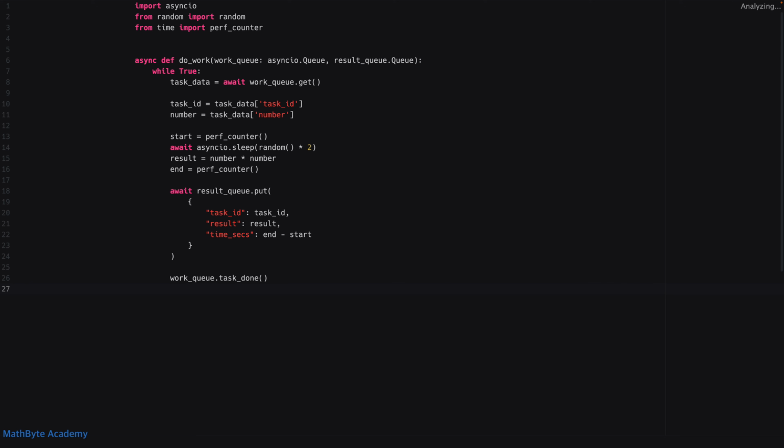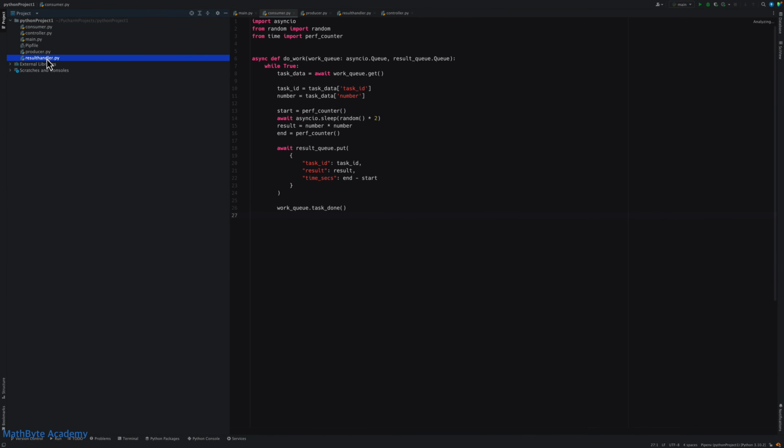So now that we have that, so we've got the producer, we've got the consumer, let's go ahead and write the result handler. So let's switch to the result handler module and implement that. So again, we need to do some imports. We're going to need AsyncIO, and since I'm using type hinting, I'm going to import from typing. I'm going to import Callable because some parameters here are going to be functions. Well, one parameter is going to be a function, so we'll need to use the Callable from typing to do the type hint. So again, we're going to create our async function, which is going to get called handle task